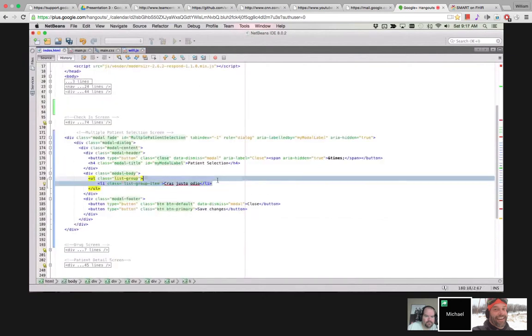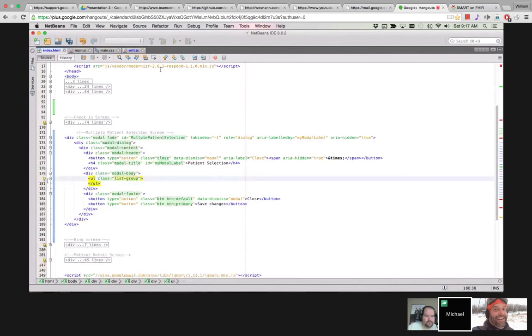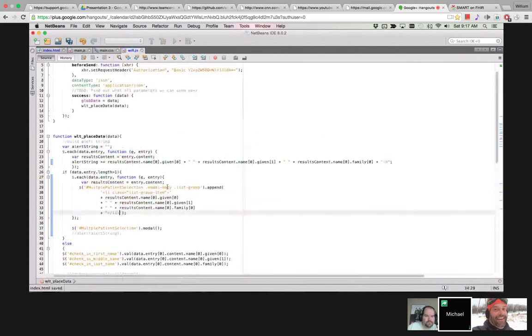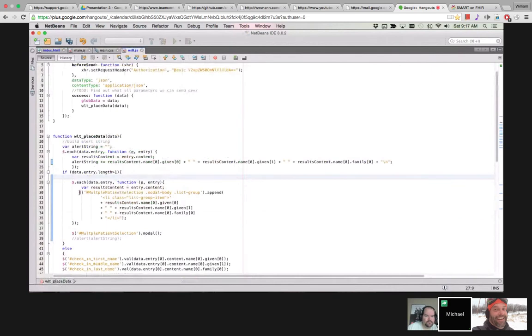So what we should do first, though, is we want to empty this. We want to empty it just in case we are doing a search after a search. We don't want to keep appending. So right before I do this .each, I'm going to select this, and I'm going to use,